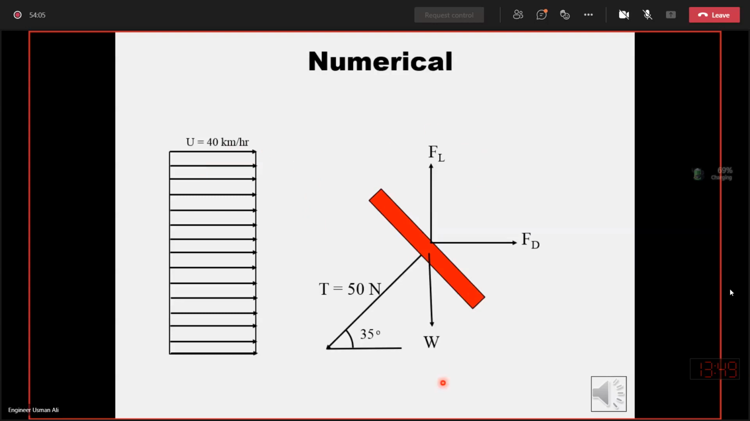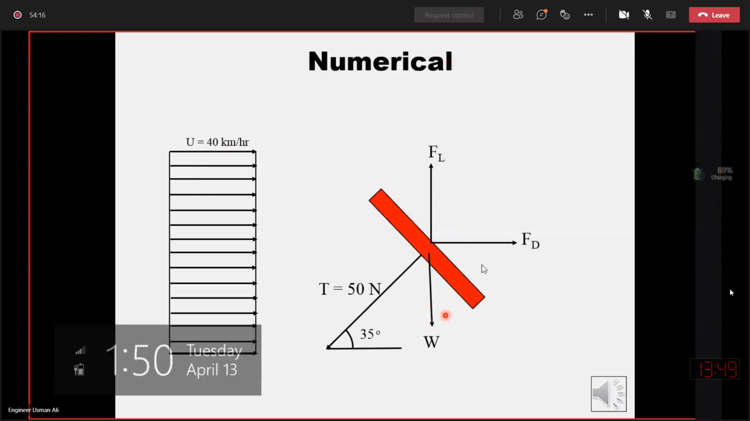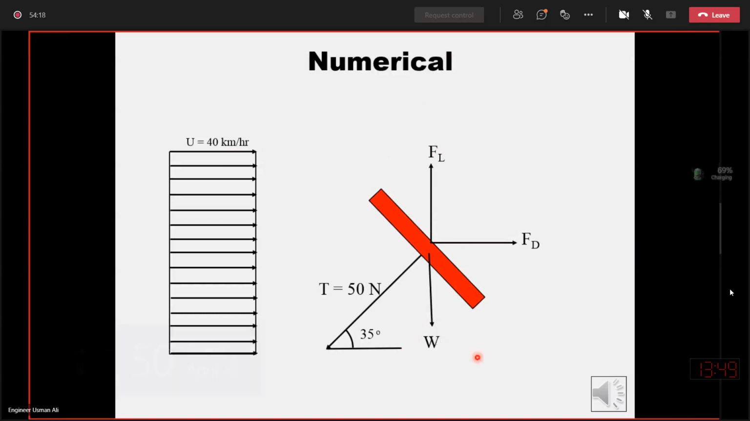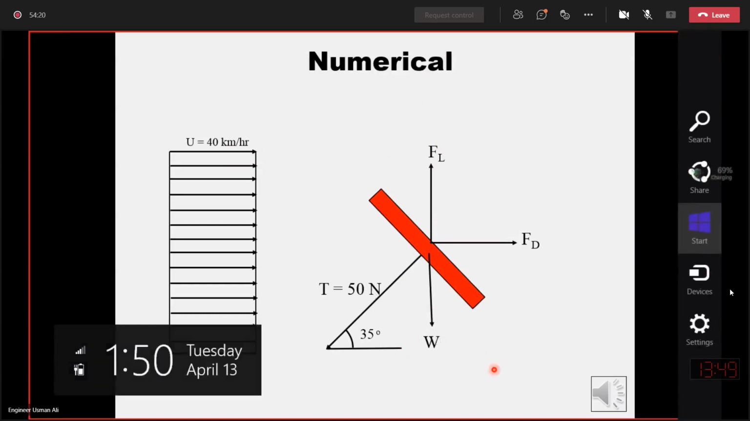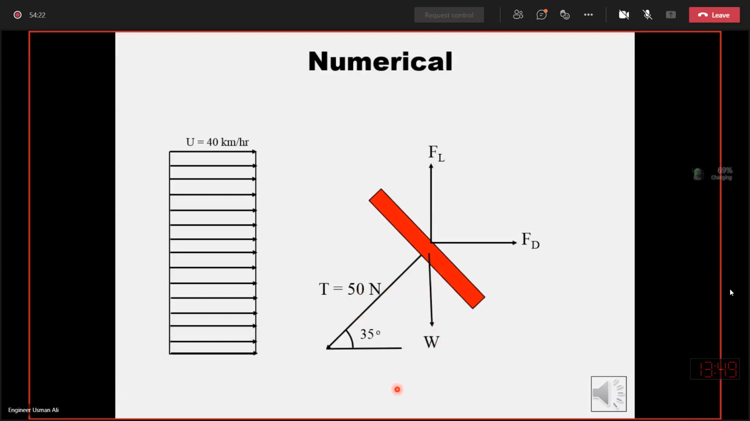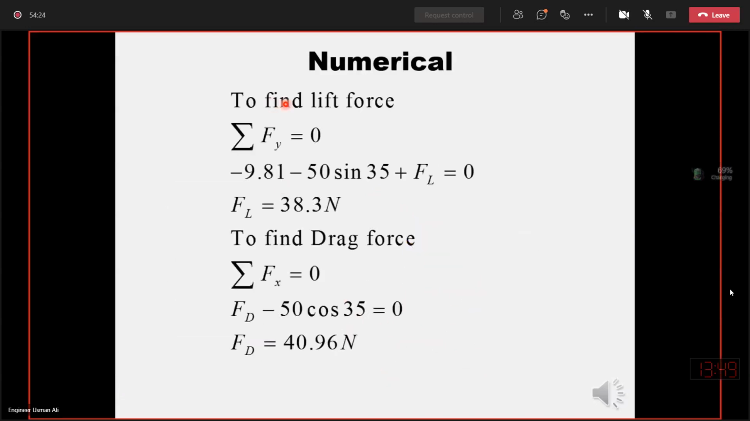So to find the lift force, let's take the summation of all the forces in y direction equal to 0. Algebraic sum of all the forces in y direction must be 0. So in y direction we have lift force, we have the weight, and we have the sine component of the 50 Newton acting downward. So taking the upward positive y-axis with plus sign,